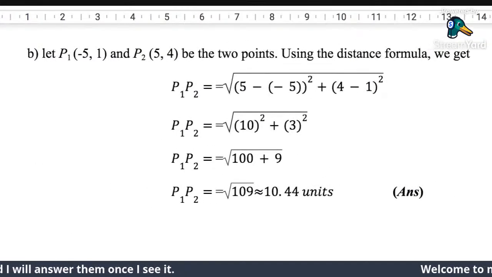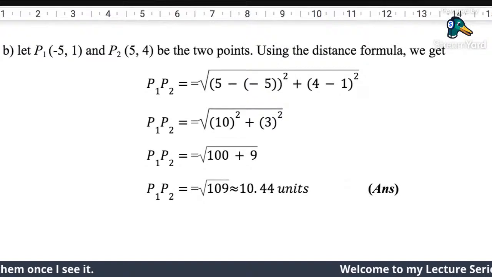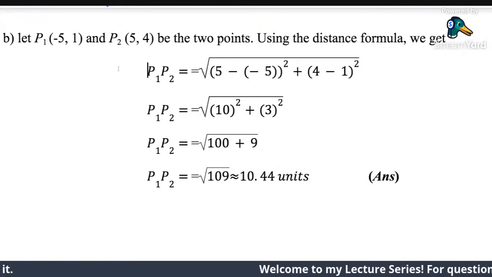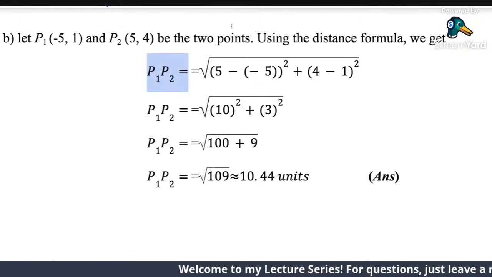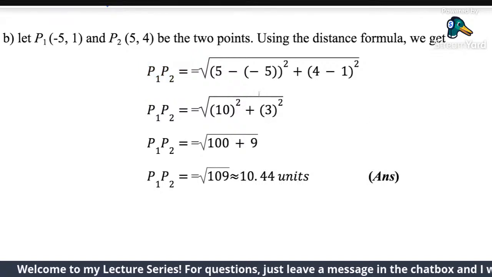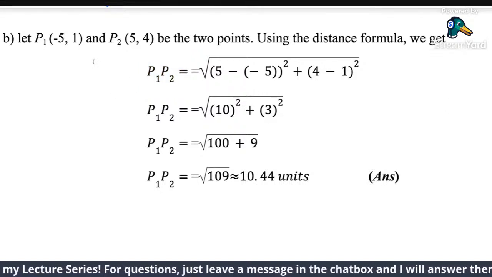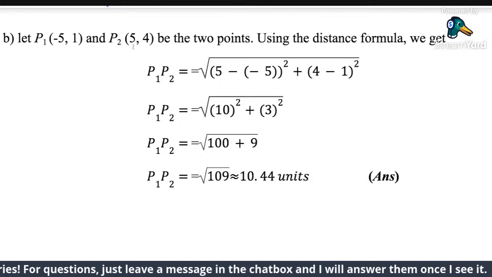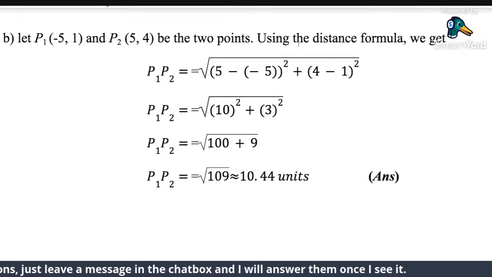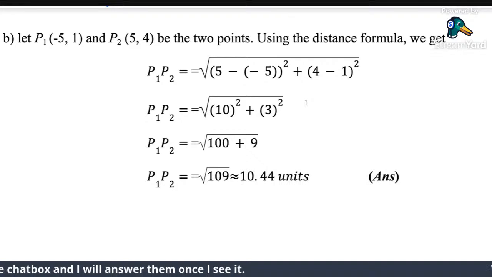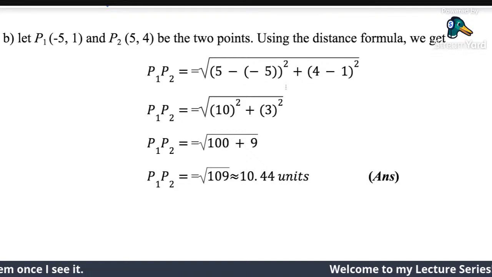Okay, so here we go. So for the second example, we are being asked to find the distance between the points (-5, 1) and (5, 4). Okay. So if we're going to plot this, you'll see that it's a slanting line. Okay. It's not a horizontal or a vertical line. So this time we are going to make use of our